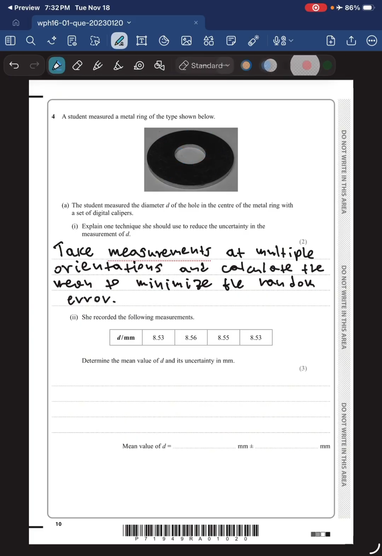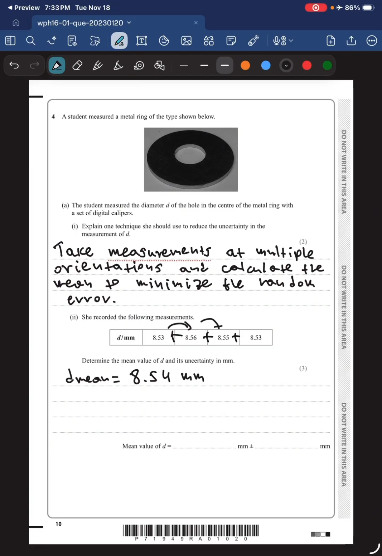So, let's move to part 2. She recorded the following measurements. Determine the mean value of d and its uncertainty in millimeters. So the mean value is equal to, we have to add all of this together, and then divide by 4, because it's 4 measurements, and the answer is 8.54